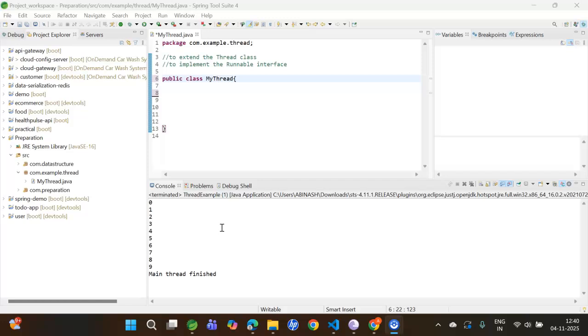So to create threads in Java there are two ways. One way is by extending the Thread class and the other way is by implementing the Runnable interface. So first let's see how we can create a thread by extending the Thread class. So I have created a class called myThread